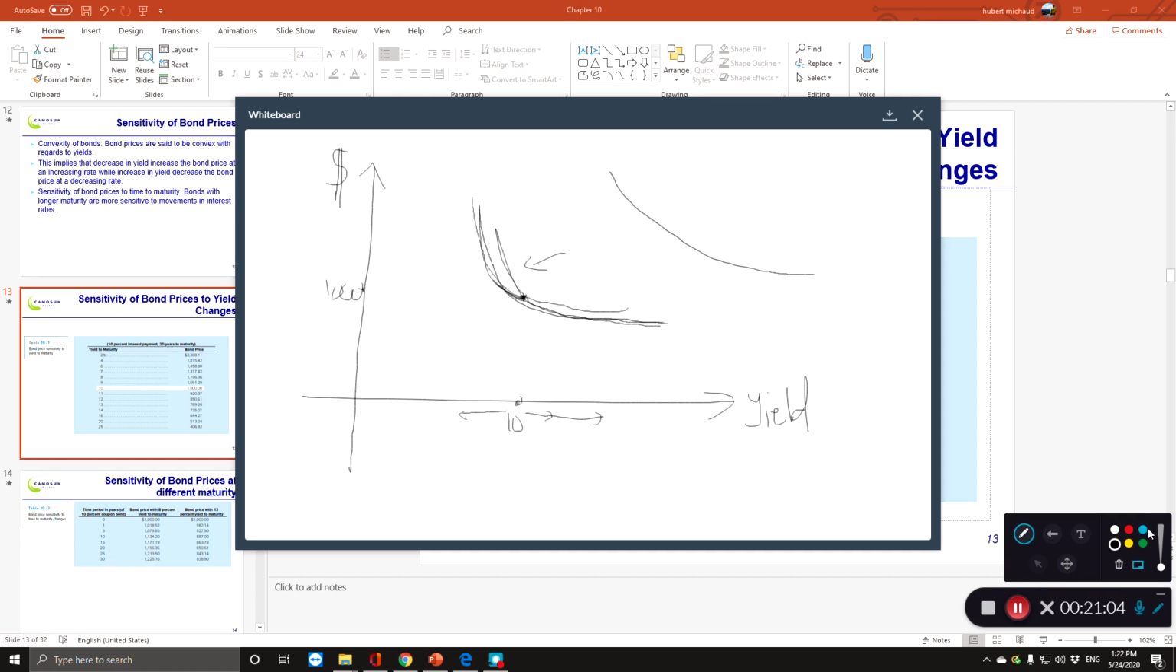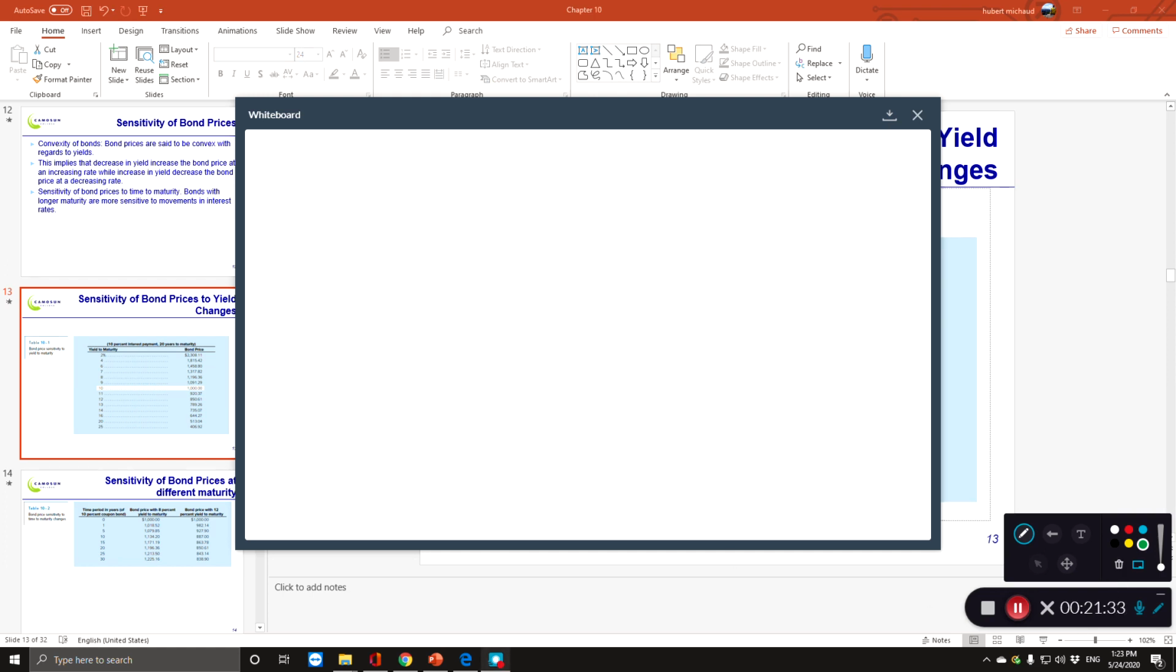Could be here. I should probably do them in a different color, right? So much more convex. Some bonds could be less convex. Does that make sense? I'm not really good at drawing it here, but basically the tighter this is here, the more convex the bond is, and the straighter this is, the less convex the bond is. Okay, and convexity is a valuable